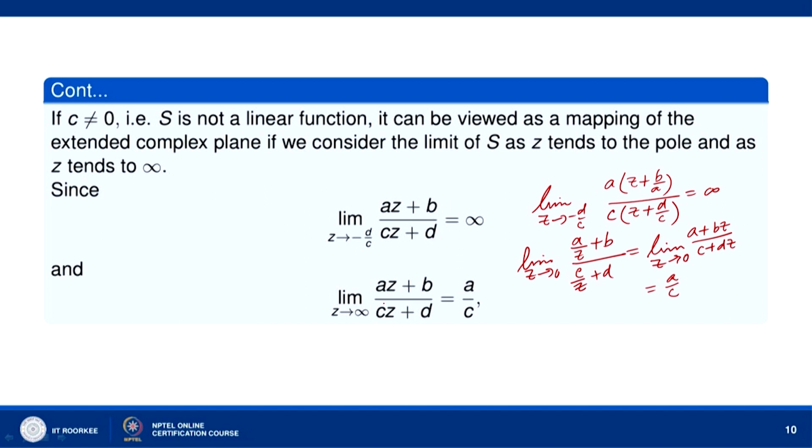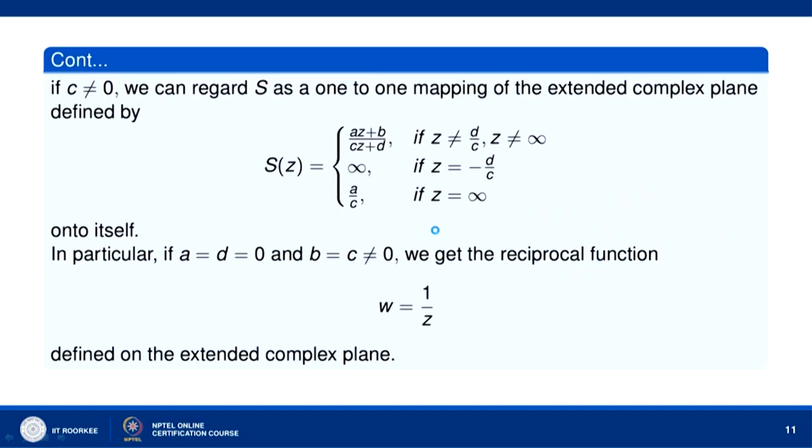So, the limit as z tends to infinity is a by c, and the limit as z tends to minus d by c becomes infinity. So, this way we can say that the function S maps the extended complex z plane to the extended complex w plane. So, if c is not equal to 0, we then regard S as a 1-to-1 mapping of the